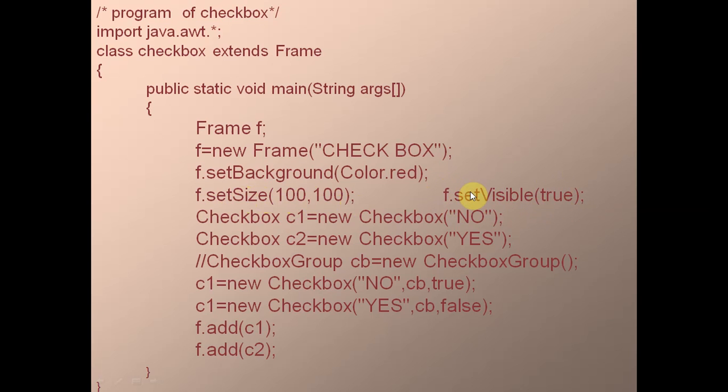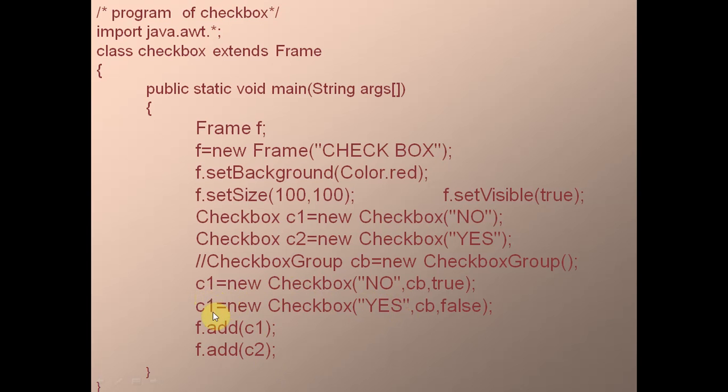By this command the frame will be visible, and we have two objects of checkbox, c1 and c2. Checkbox c1, checkbox c2 equals new checkbox no, new checkbox yes. And we are adding them by f.add(c1), f.add(c2),